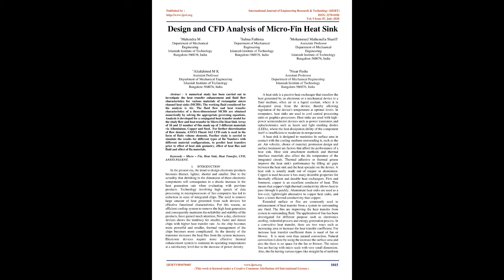Analysis is developed for a conjugated heat transfer model for the steady flow and heat transfer in a microfin heatsink array of 10 and 15 fins made up of 3 different materials, viz. aluminium, copper and steel. For further discretization of the flow domain, ANSYS Fluent 14.5 CFD code is used in the form